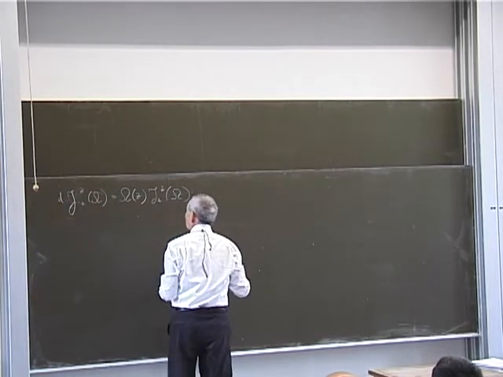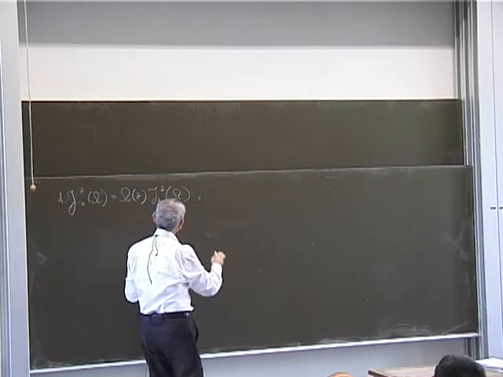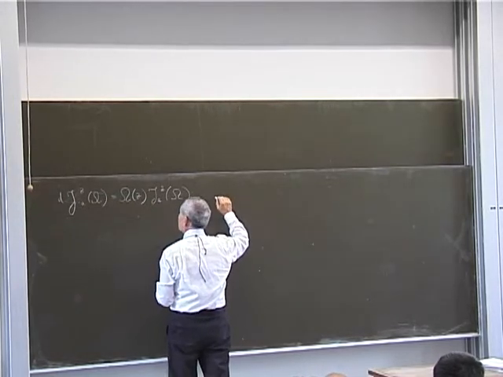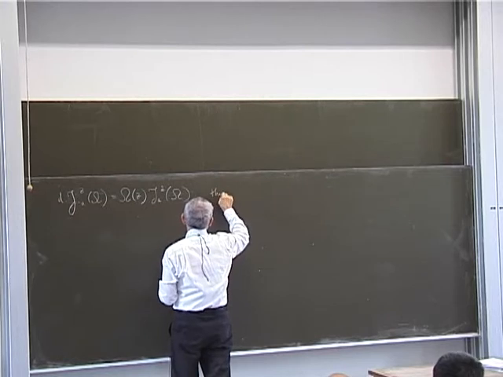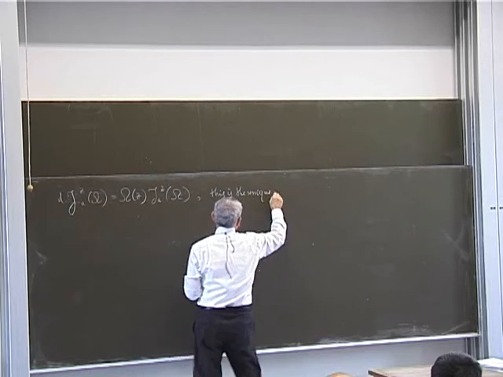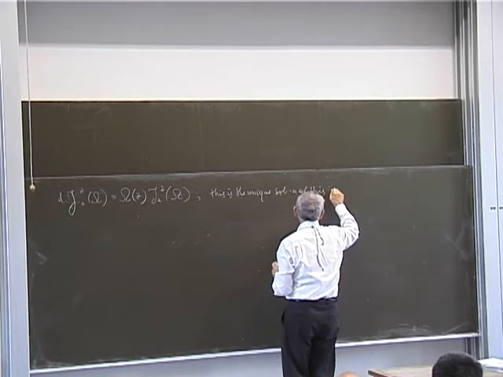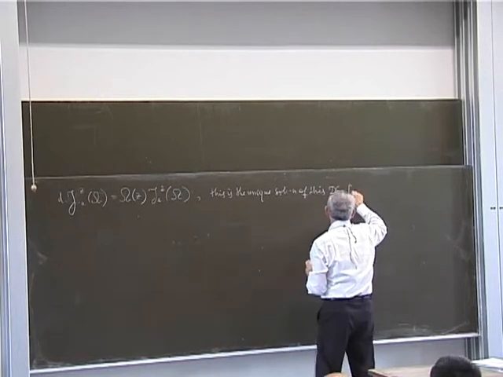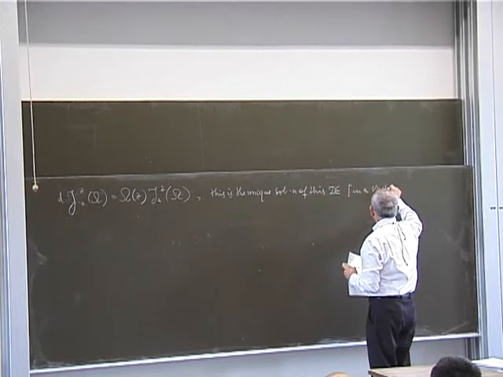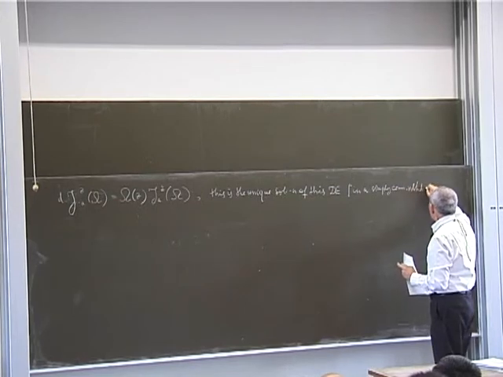So coefficient-wise, it's totally trivial, but written in this way, it's very compact. It treats simultaneously all the integrals. And in addition, this is the unique solution of this differential equation in a simply connected neighborhood of A,